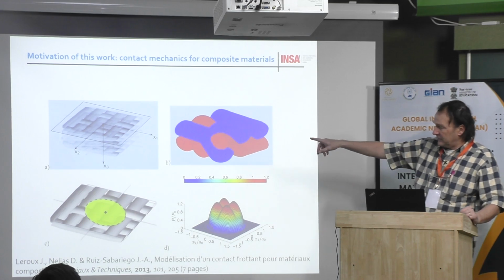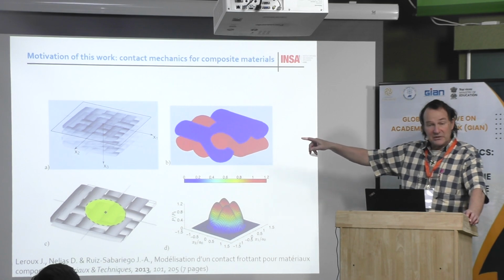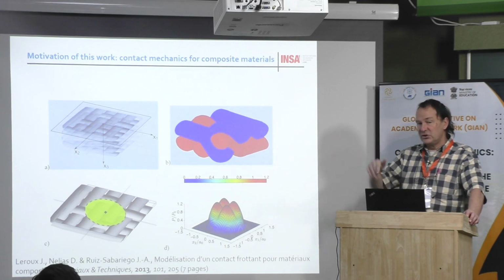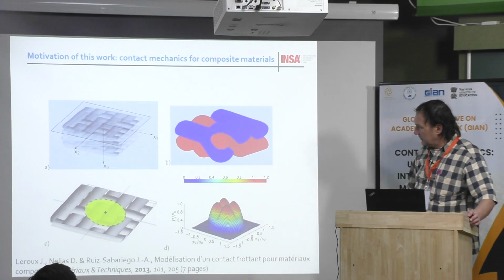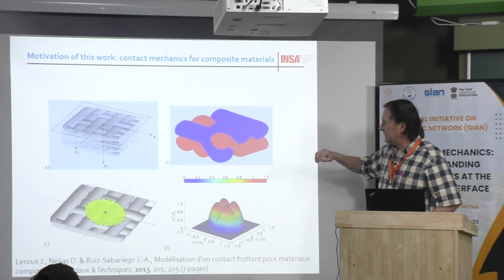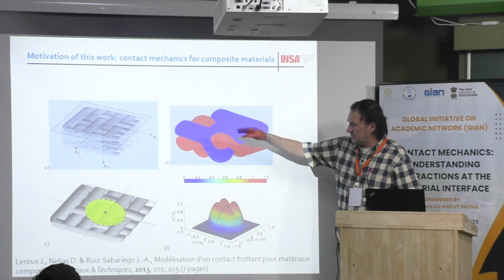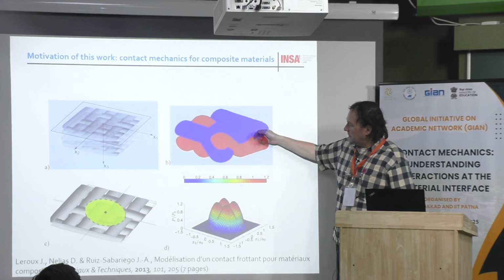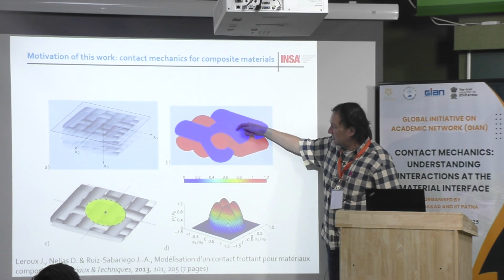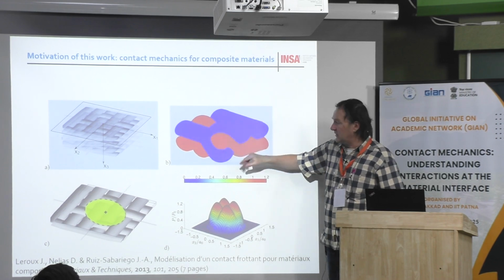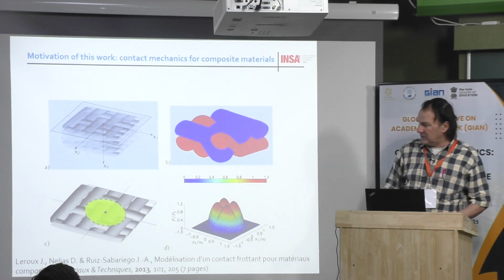You can see on the left what we call a 3D composite, because there is a mesh in all the directions. We cannot see it well because the quality of the screen is not as good, but here you can see the fibers, for example. We were able to simulate that by using ellipsoidal inclusions. There is a superposition of many ellipsoidal inclusions that reproduce the fiber shape. I will go back to this picture later.